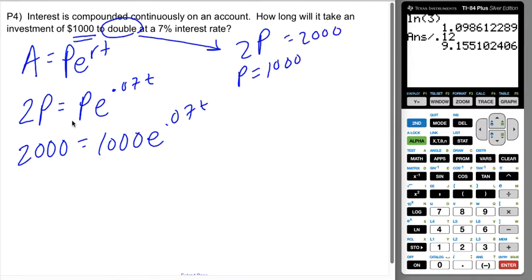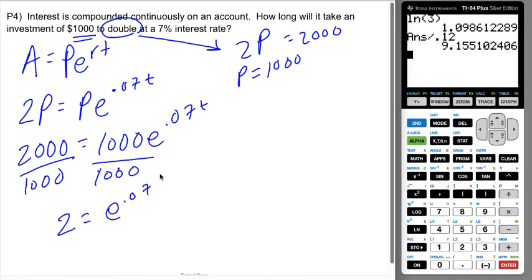But you can see that just like we saw last time, I'm going to divide by that 1,000 anyway. I'm going to divide by the P anyway. So it's just going to end up being a 2. It wouldn't have mattered if you didn't know what P was because you just divide. And you're going to get 2 equals e^(0.07t). When I rewrite as a log, it's going to be the natural log of 2 equals